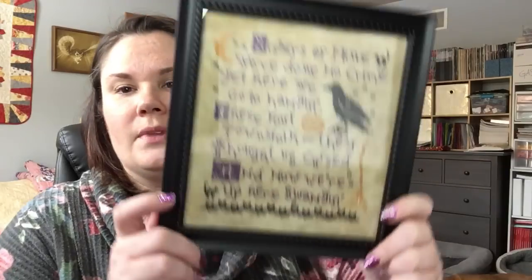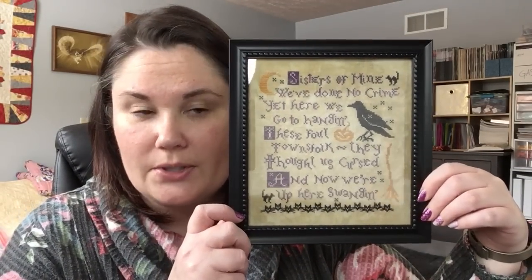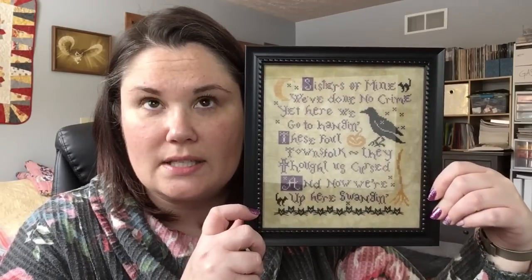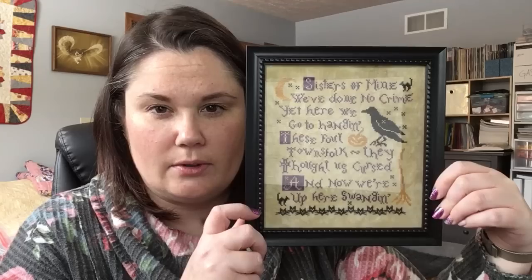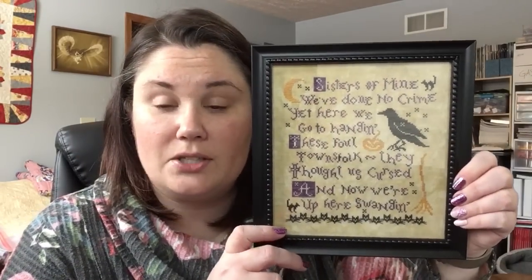But this one did come home with me. This is Salem Sisters from Plum Street Samplers, and I absolutely love it. I stitched this on 36 count. I wouldn't have done 40. 36 count Mellow by Picture This Plus linen, and I used silks, and I just grabbed 3 silks from my stash. I want to say the black is